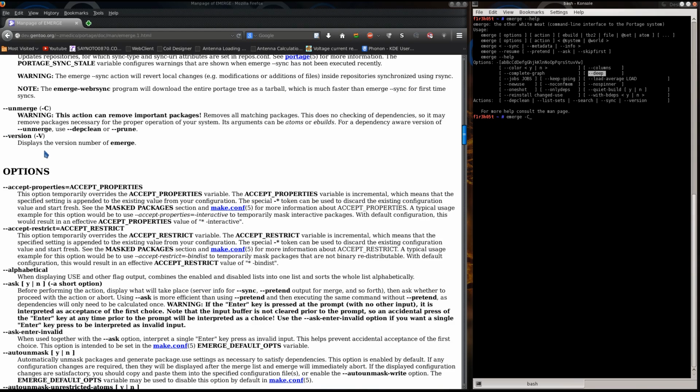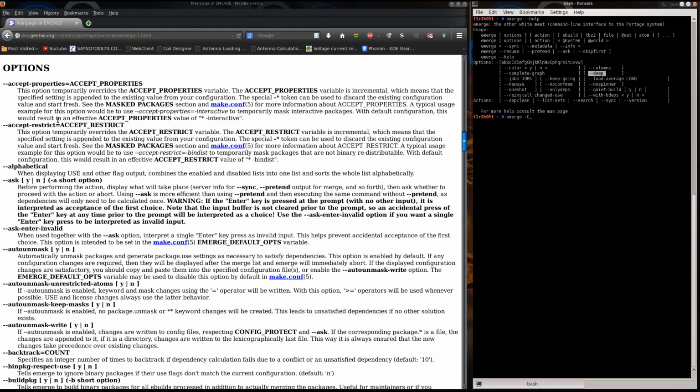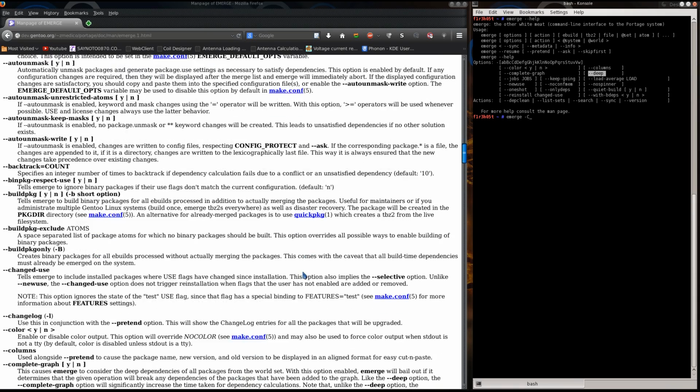Rather than being verbose, it delivers the version, hence the difference between the lower caps v and the higher caps V. So there's clear differences between the case sensitivity of these things. You also have other elements where you can add accept properties, accept restrictions, and so on and so forth, which can be put in your make config file just as much as they can be put on the command line as an option in front of emerge, which is very handy because sometimes, and I will quickly display this, sometimes